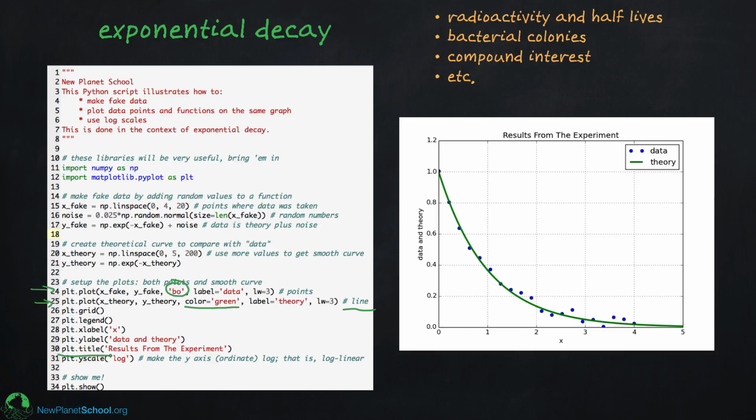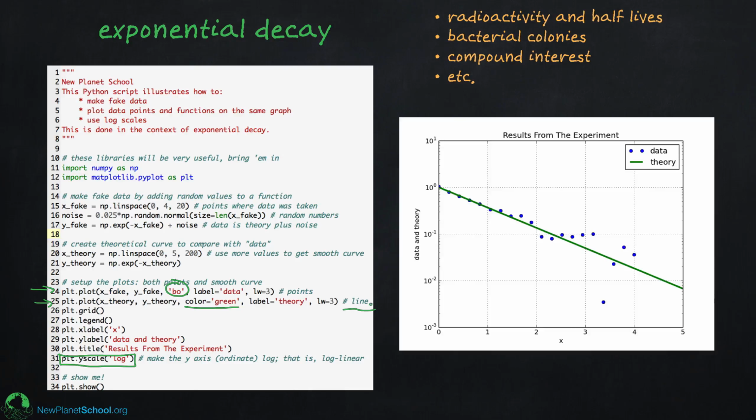This is the command. After everything is done, I just tell it to make the y scale log, and I put that in quotes. And what does that do? It looks like this. Now I have a log-linear scale where I can plot my theoretical curve and my data. And of course, this is really important in all parts of science and engineering, for two reasons. Actually, one, you want to see what's going on down here where it's hard to see